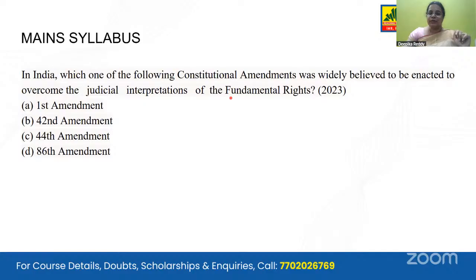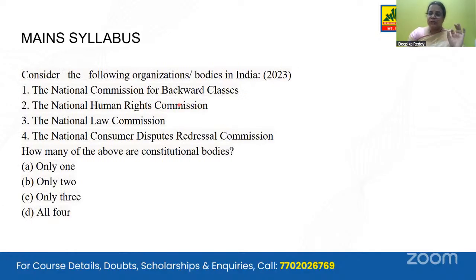Then constitutional amendments, as I said, important constitutional amendments should always be read. You should be thorough about Article 368 as well as the constitutional amendments. Then we have bodies. The most likely question on any authority is whether it is a constitutional body, quasi-judicial body, or a statutory body. At times, they ask you about the composition, the powers and functions. If a body is in news, ensure that you have a 360-degree view: what the body is, when it is constituted, why it is constituted, who will be there in it, what the qualifications, limitations and powers of that body are, because usually these questions are asked.